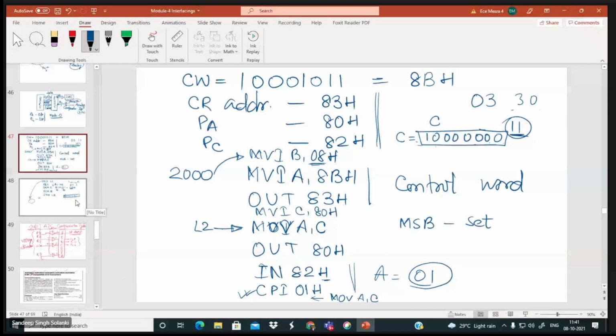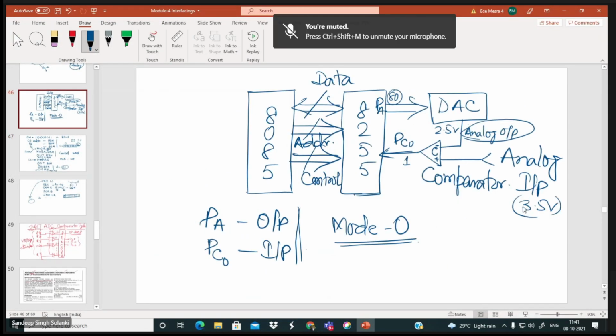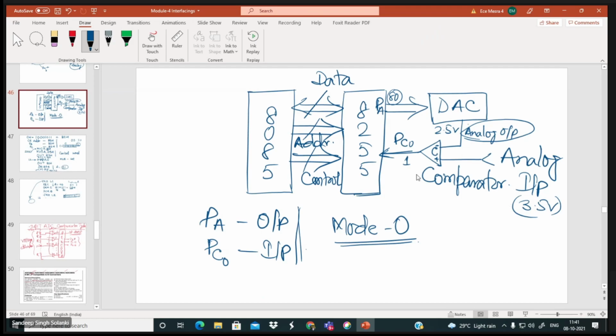Take that example, already the example is here. 2.5 and 3.5. So when you compare this, you will get 1. With that 1, the MSB is now fixed. Now we are going for the next bit, and with that, what is the voltage you are going to get? That you have to see, and then again you compare. The comparison will tell you whether you can keep it or you have to make it 0.